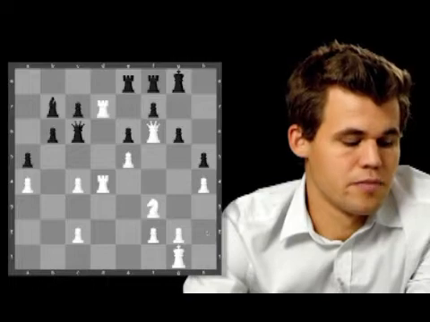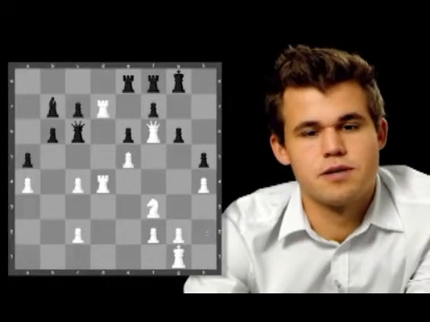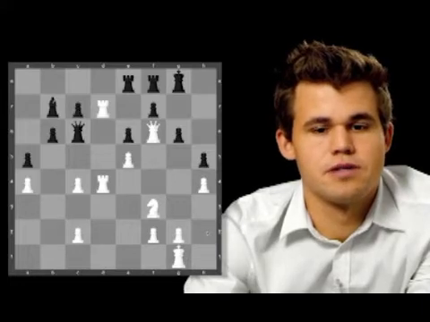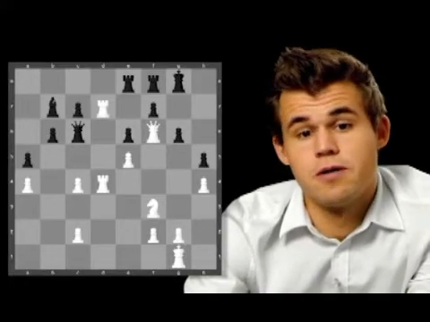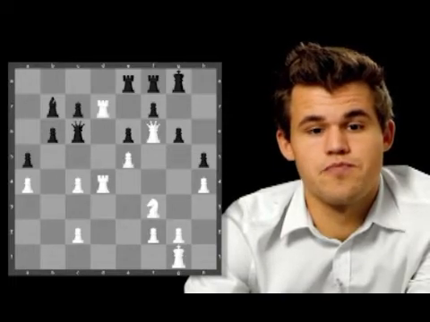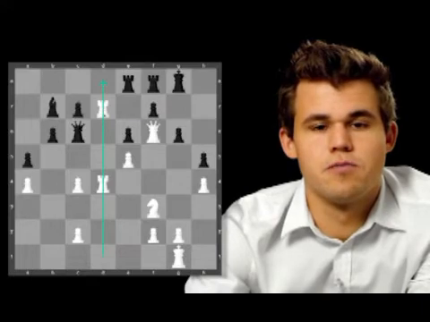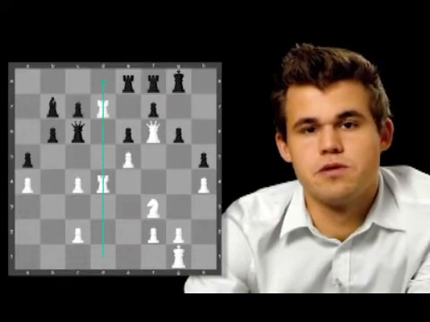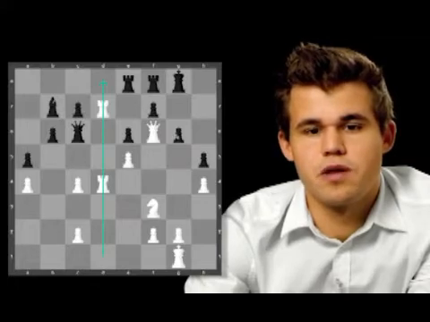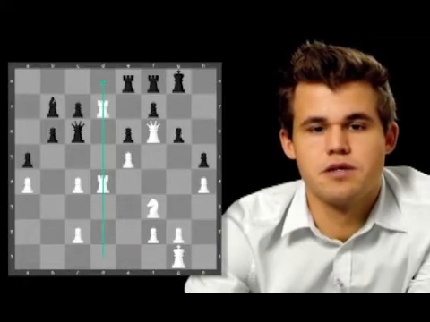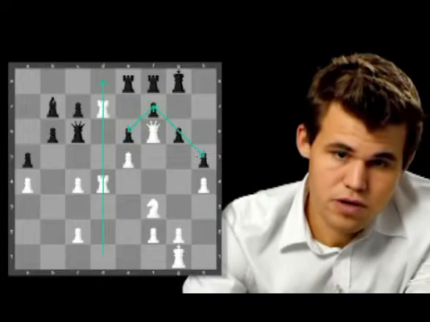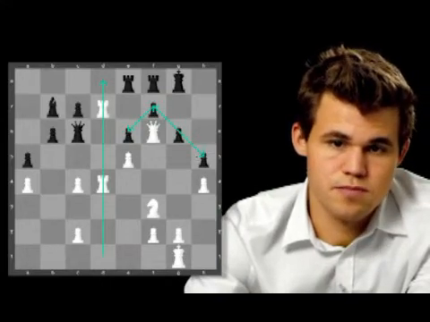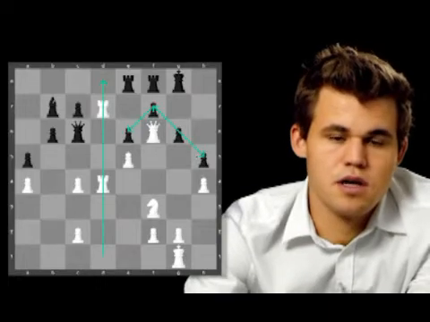So this is a very famous game, Short versus Timman, and there are some important factors here that allow white to think of a king walk, which is that he controls the only open file on the board. The dark squares around the black king are extremely weakened, since all his pawns on the king's side are on dark squares. I mean light squares, and